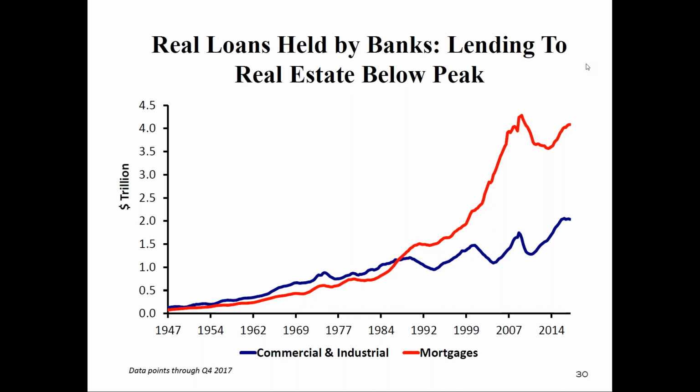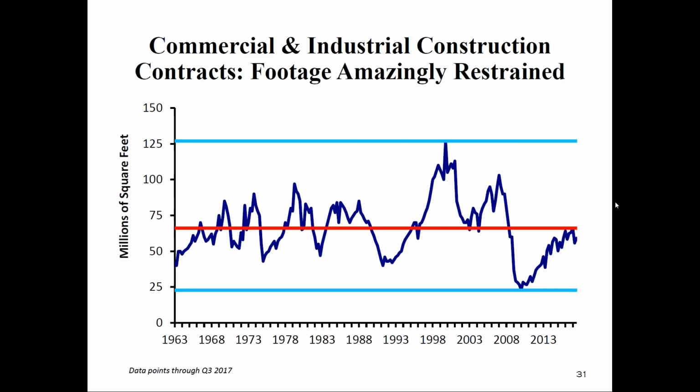So if you look at the chart that says commercial and industrial construction contracts, the footage is pretty restrained. You see the red is the average, blue markers at high and low. We were chugging along. It looked like we were going to go above average. And then about 18 months ago, banks pulled in their lending for new development. They didn't eliminate it. They reduced their LTVs by about 500 basis points, and that put a governor on the amount of construction. So right now we're constructing around an average amount of square footage in the economy by historic